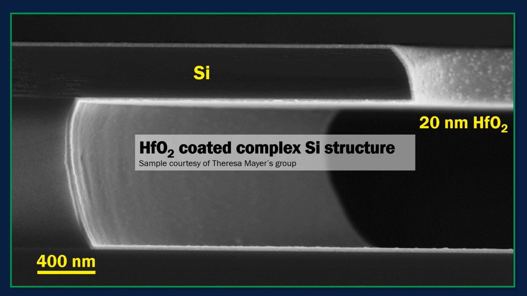This sample is a hafnium oxide coated complex zinc structure made by Dr. Teresa Mills' group about 10 years ago. The hafnium oxide coating was prepared by thermal ALD. ALD is known for conformal coating with atomic precision. This cross-sectional sample was prepared to evaluate the uniformity of ALD hafnium oxide coating. Again, you can see the edge cleaving does a very good job in showing you the amazing coating uniformity. The 20 nanometer hafnium oxide follows the silicon surface all along very well.